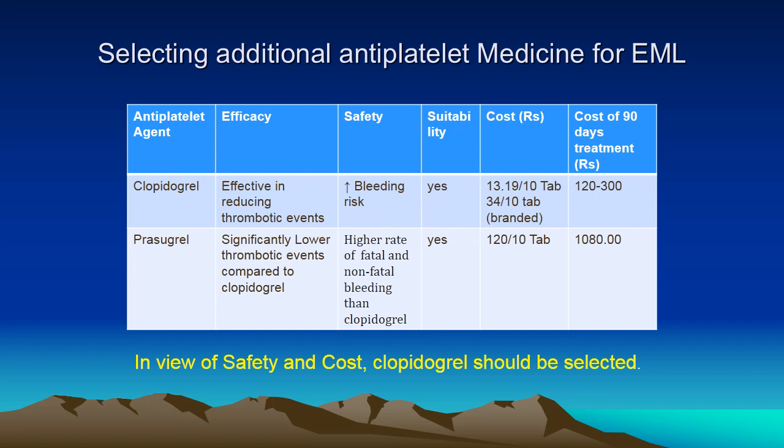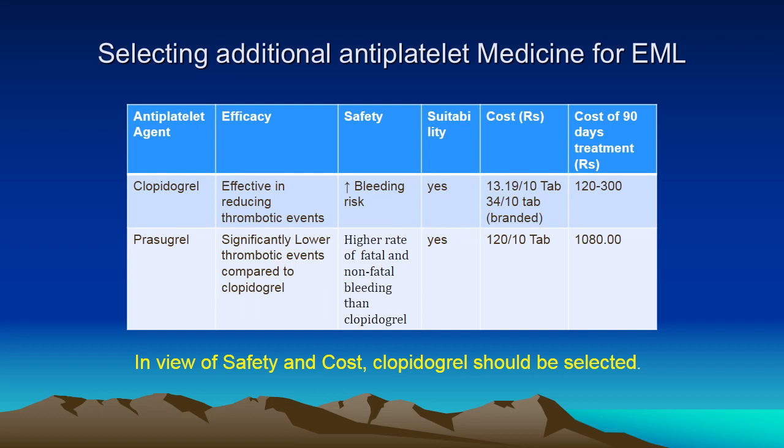Now, one example I'll give here, although a number of examples have been given for selection of drugs, for example pain relievers or the antipyretics. Here I will give one example: apart from aspirin, if we require an additional antiplatelet medicine to be included in the essential medicine list, then we will identify what medicines are available. Two common medicines available, which have almost similar mechanism and efficacy of action, are clopidogrel and